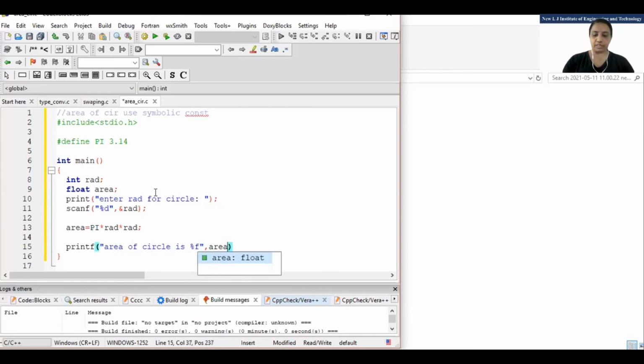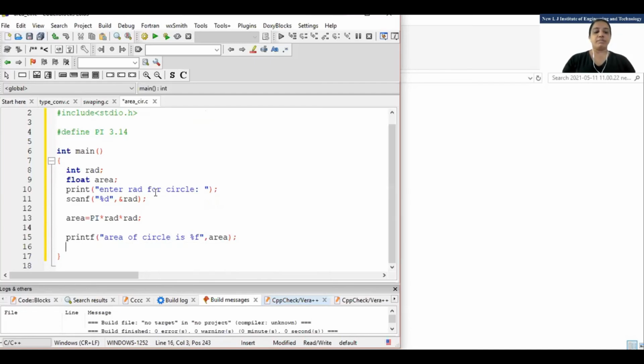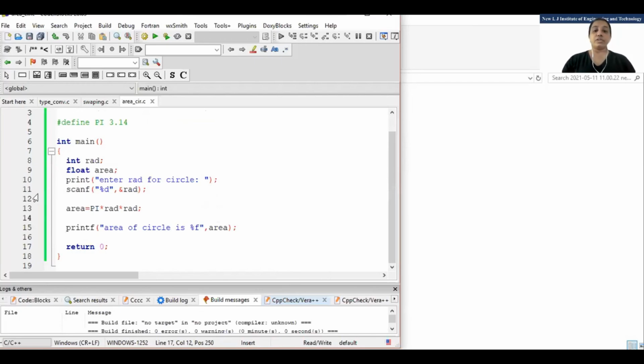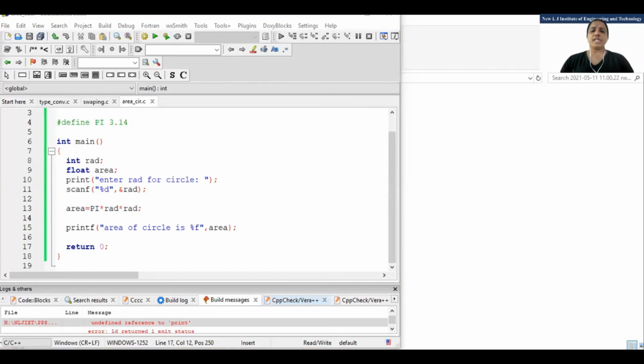Okay, just a minute. Any doubt up to this? The last statement should be return 0. Any doubt? Okay, I'll just run this program. It will take some time. Yes, you can use the power function, but right now there is no need to go for that. And if you are going to use a power function, Vedant, then you need to include math.h. You can do it that way also, right?